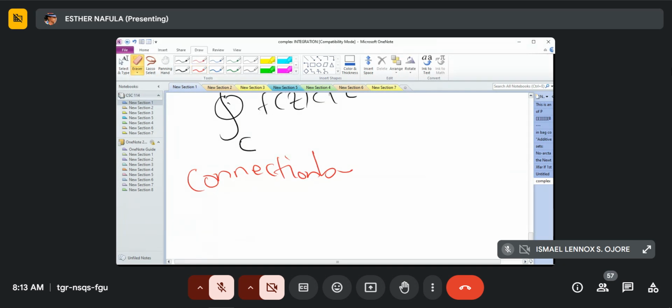And look at the connection between complex and real line integral. Connection between complex